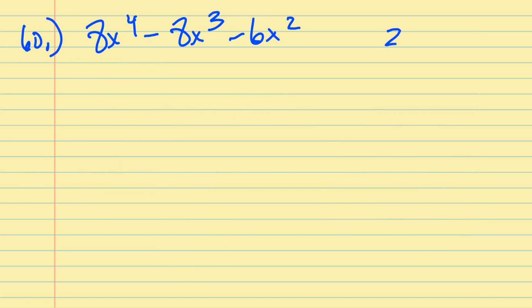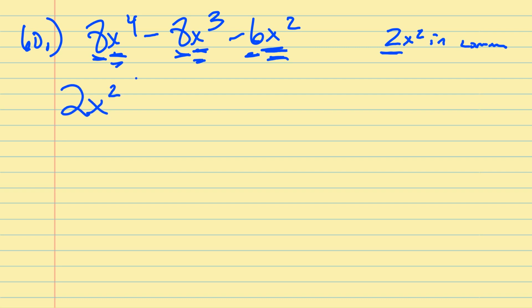Alright, they have a 2x squared in common. So I think everybody has a really easy time seeing the 2 in common. All those can be divided by 2. But the x squared is what's also in common. They all have at least 2x. So I put 2x squared outside the parentheses. It turns into 4x squared